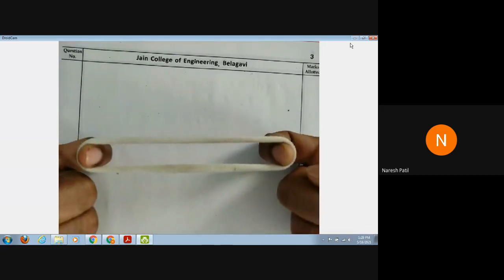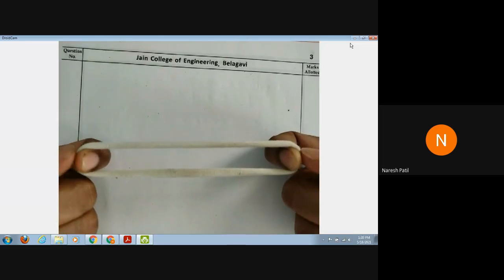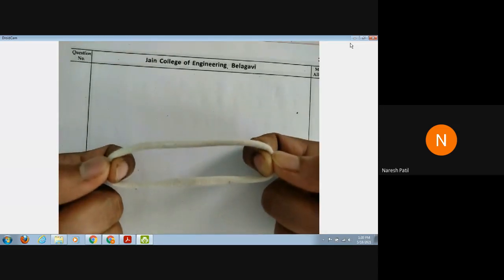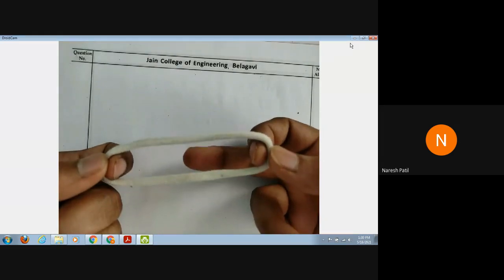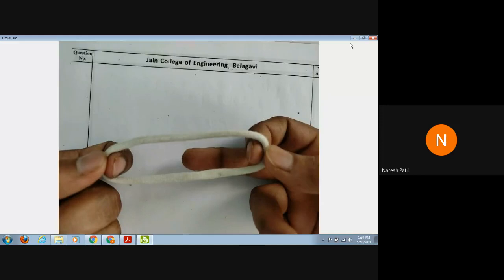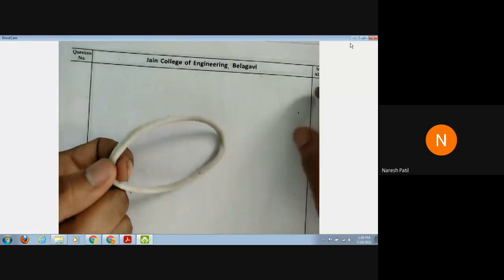Okay. The force was like this. The force required should be like this. It should be stretched like this. But due to deformation, क्या हुआ? There is a relaxation in the stresses, or there is a loss. There is a loss in the stress. Okay, that is called as loss of stress in prestressed concrete.